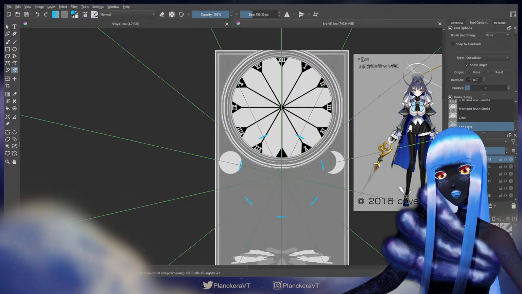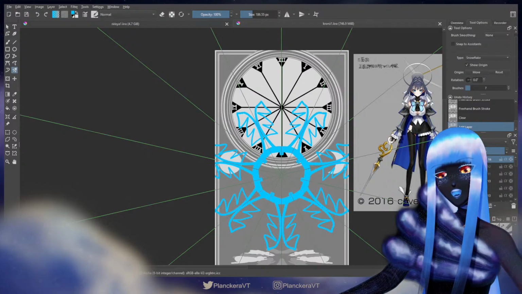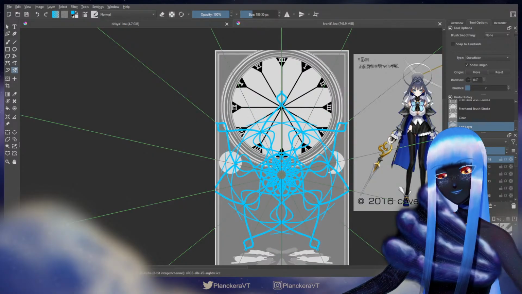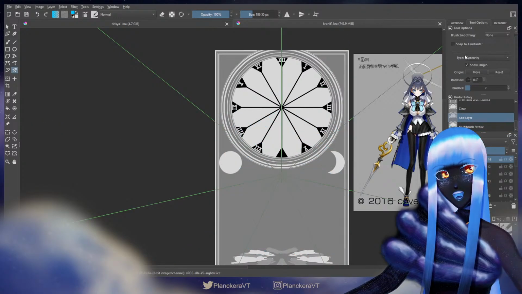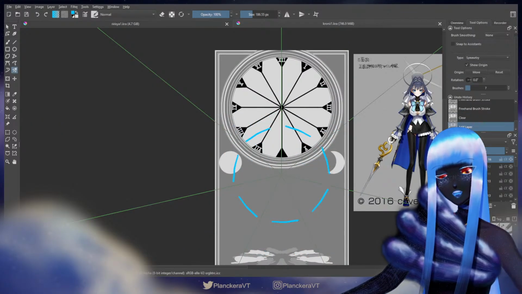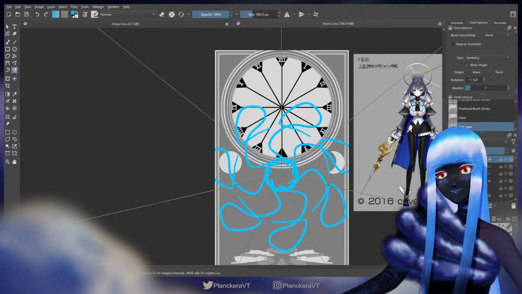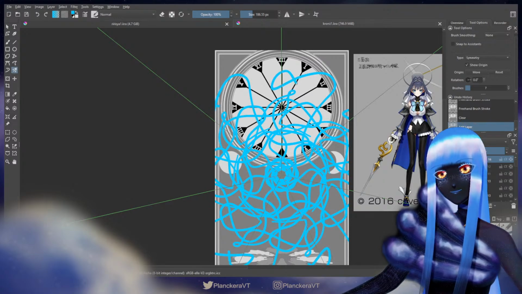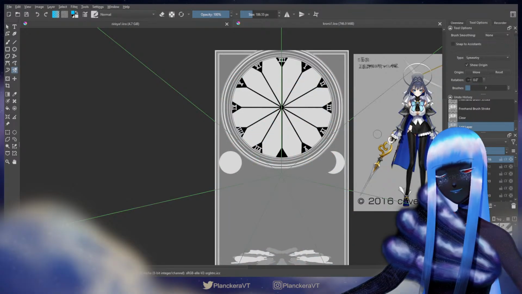Versus Snowflake, where... Actually, I guess it'd be more accurate to say Snowflake moves the opposite way. So you get the pattern like that, whereas Symmetry, it moves everything in the same direction. And so you get a pattern like that. Okay, that's cool. Alright.